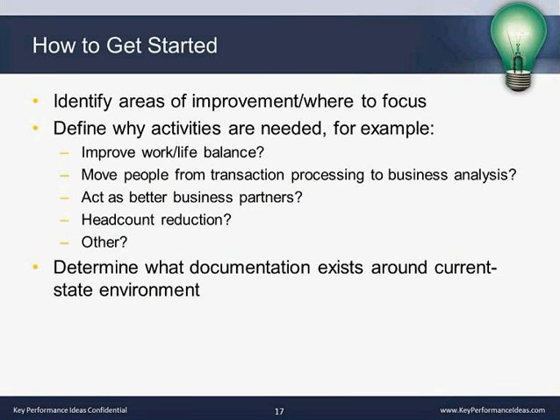So with that being said, how do you get started on going down these paths? The first thing to do is identify where you want to focus. If you have an organization where everything is perfect except 1 or 2 areas, now you know where to focus. If you've got 20 things you want to improve on, it's identifying all those 20 things and starting to prioritize: what is our biggest issue? If we fix this, what else can get fixed downstream? Or if this doesn't get addressed today, is that okay if I wait 3, 6, 12 months, 4 years, whatever the case may be? What is the priority for me?